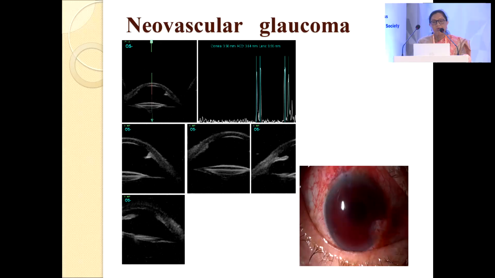In neovascular glaucoma, when the cornea is very hazy and we can't see anything, you can see that the patient has a pulling mechanism, because the fibrovascular membrane pulls the iris forward, and you can see here there is a pulling of the iris. Even if you see the ciliary body here, it is not seen very clearly, but the ciliary sulcus is absent in cases of this type of glaucoma. No, not in this patient, sorry. There is a hyphema you can see here.